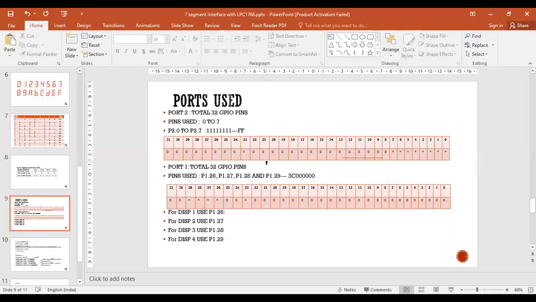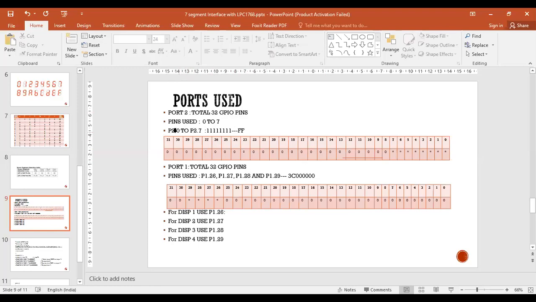As you can see here, port 2 is of 32 bits, 32 GPIO pins, whereas here I will use only 0 to 7 pins. That means totally 8 pins. Make sure that I am going to use only 8 pins, that is 0 to 7th pin.